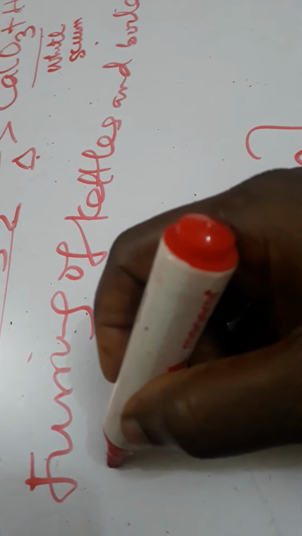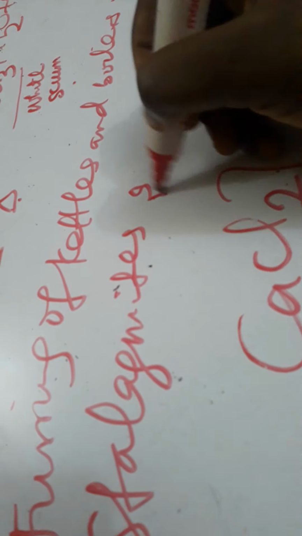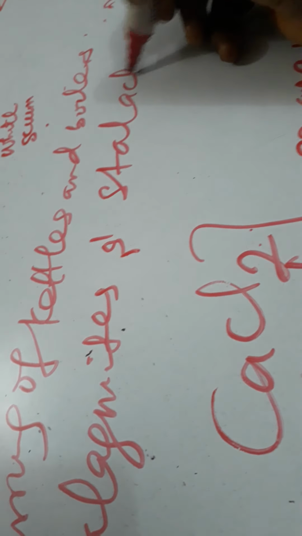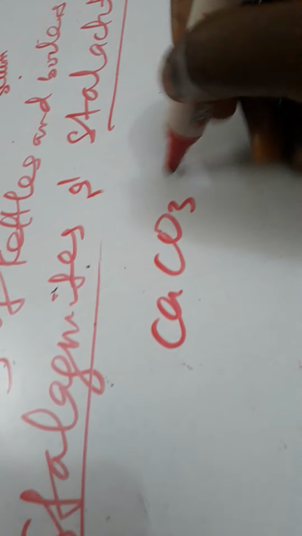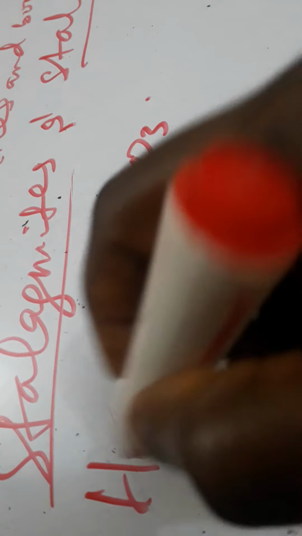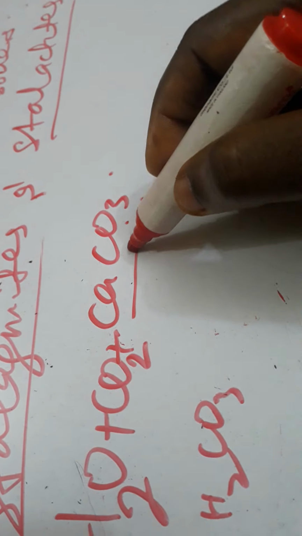It also ends up forming stalagmites and stalactites. Stalactites are usually formed from the roofs, while stalagmites are formed from the floor. These are strong pillars. These are pillars of calcium carbonate. So how does it happen? Now, when rainwater containing carbon dioxide, don't forget these two form H2CO3, a weak acid, passes through the roof of limestone caves containing calcium carbonate, which is limestone,